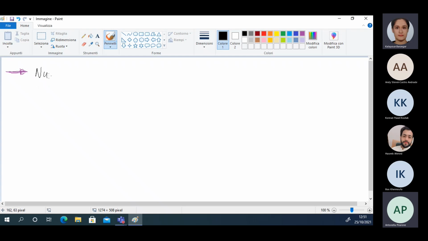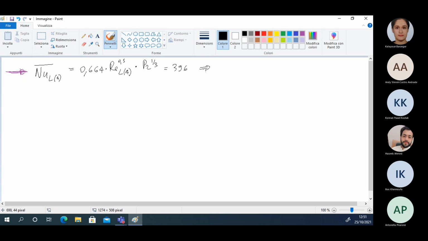So the Nusselt L up to heater 4 uses the laminar correlation. And the transfer rate